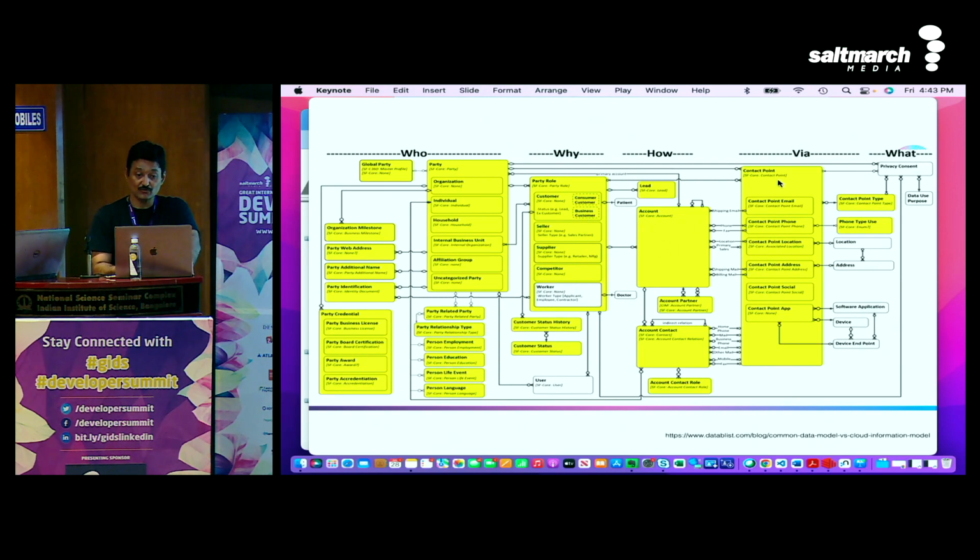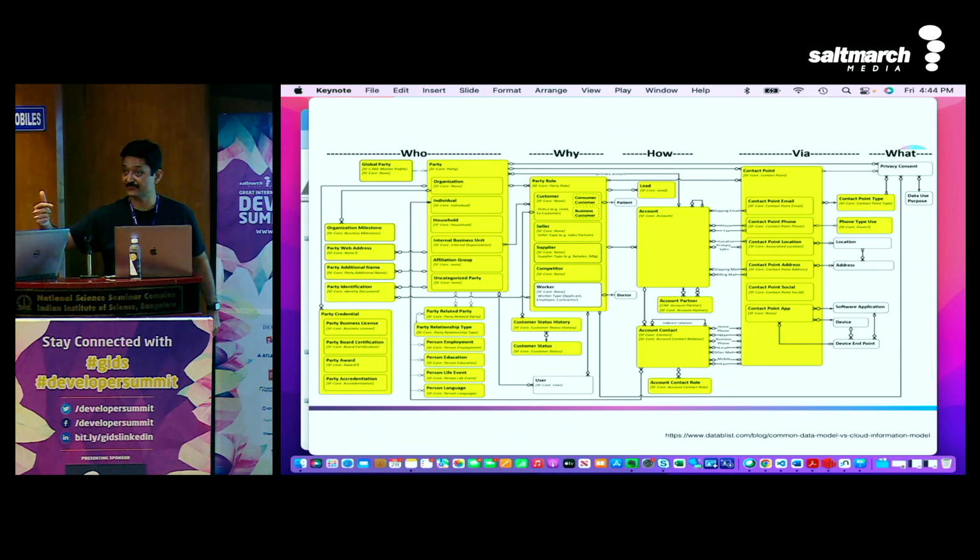Based on that, you are saying, hey, you contact me using contact point information. What does that mean, contact point information? That means GDPR compliance. It means, hey, don't call me with this phone. Only contact with this phone. Where do you keep that information? In contact point information, via what channel you are trying to make a call with. So that's what it is. Who, why, how, and what. This is called a party model for consent.